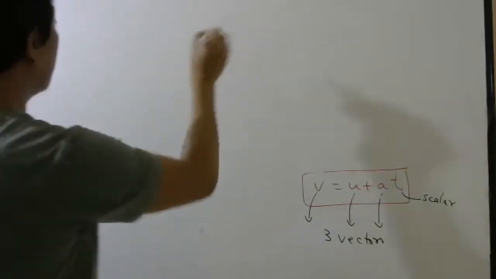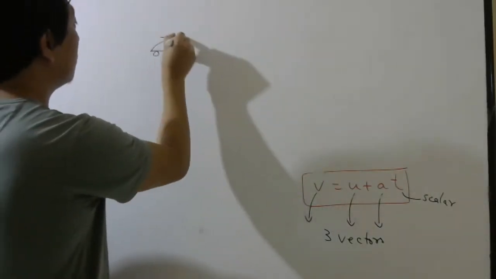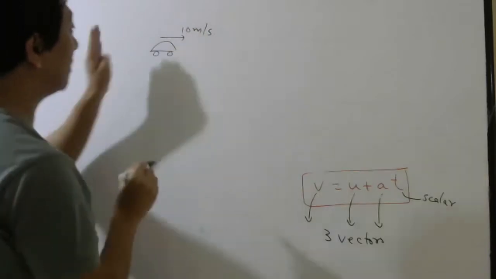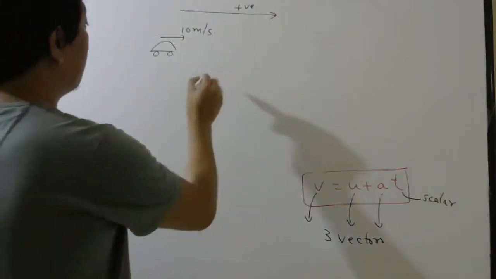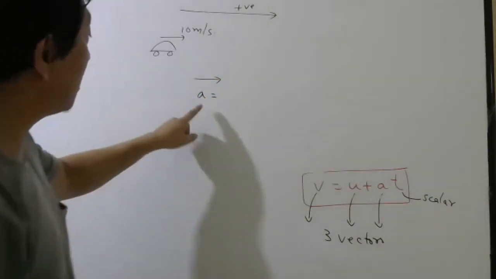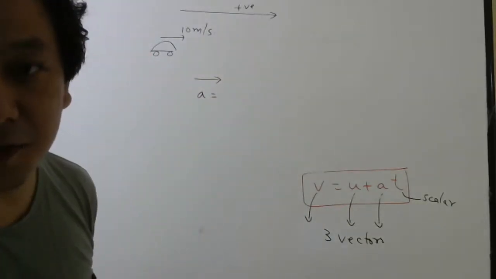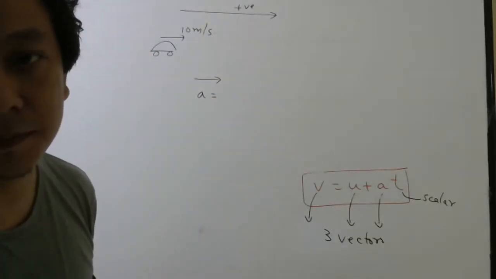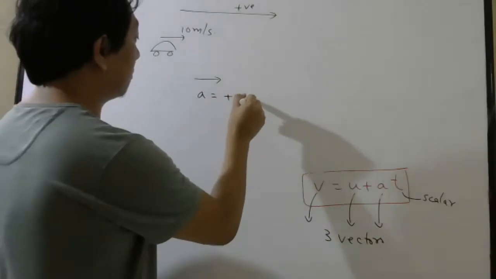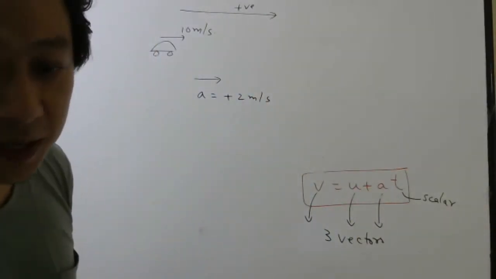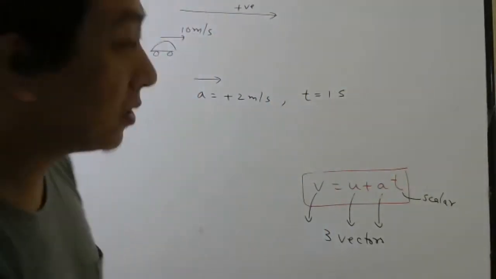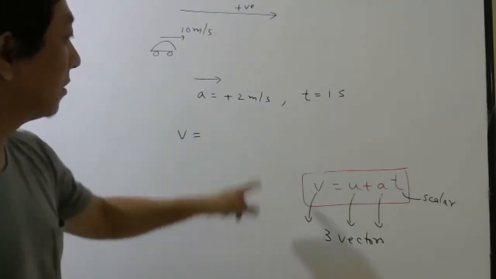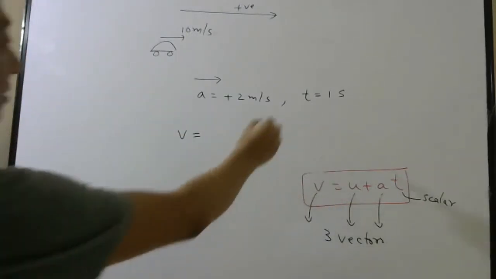Now look here. Suppose my car is going with 10 meters per second. This side, I will take this side positive, and my acceleration is also this side. Since my acceleration is also this side, I should take it positive or negative? Positive. So let us say acceleration is +2. Now you tell me, after 1 second, if time taken is 1 second, what will be the final velocity? Use this formula.